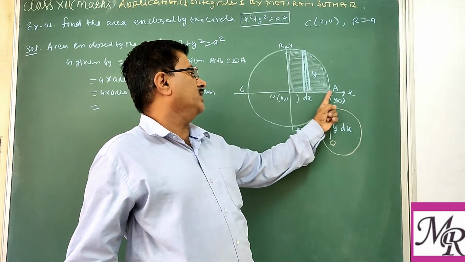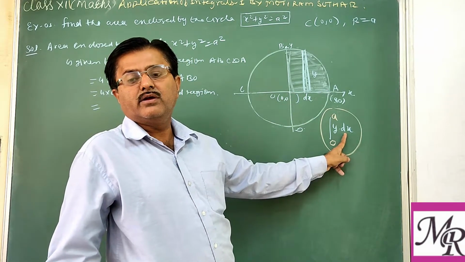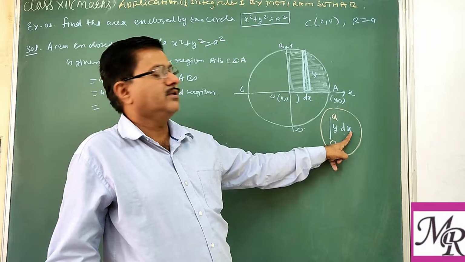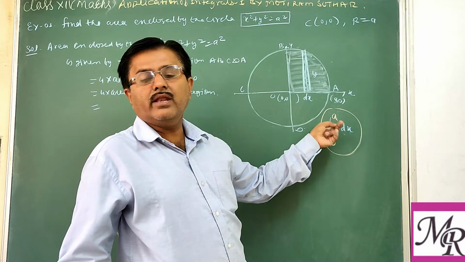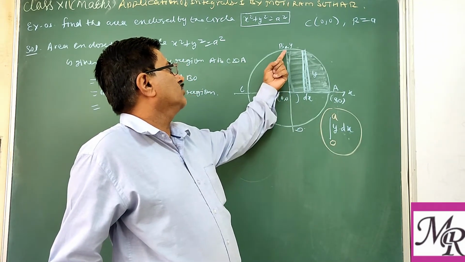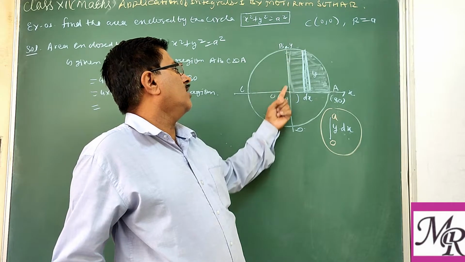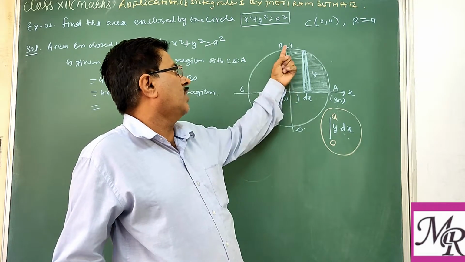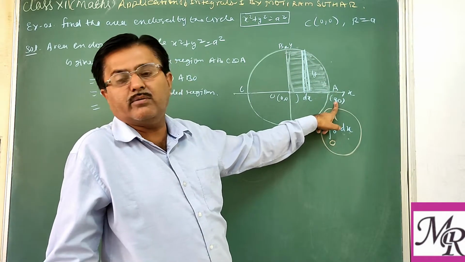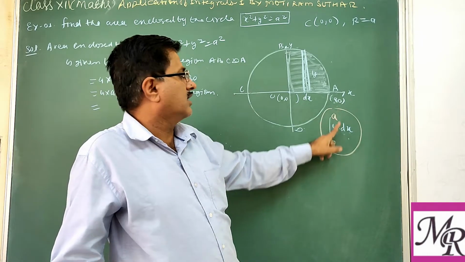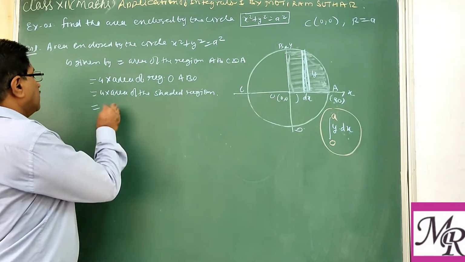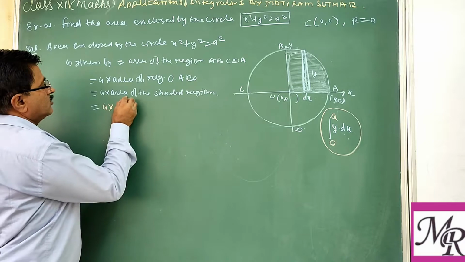So if you are finding along the x-axis, dx is given. It means you have to find along the x-axis. If dy is there, or y is given, then you find along the x-axis, or if x is given, along the y-axis. So we have to see the starting area of the shaded region on the x-axis. At the y-axis, x is 0, ending at the point a. That is the x coordinate you have to take. So 0 to a. Now if we multiply this by 4, we get 4 into 0 to a